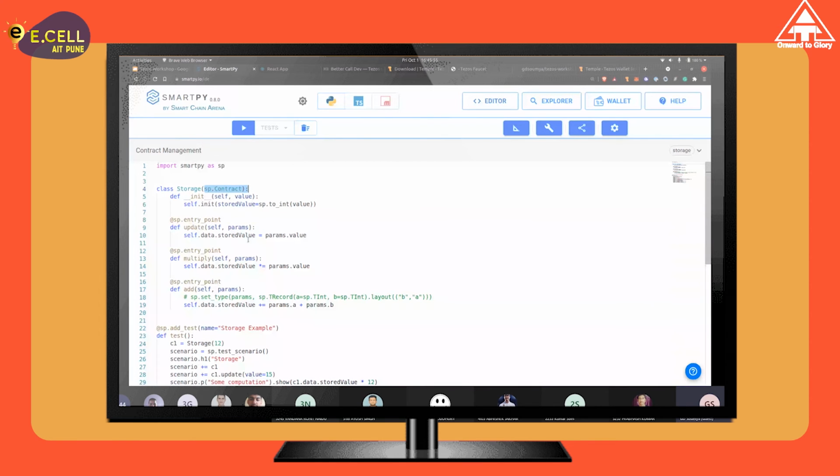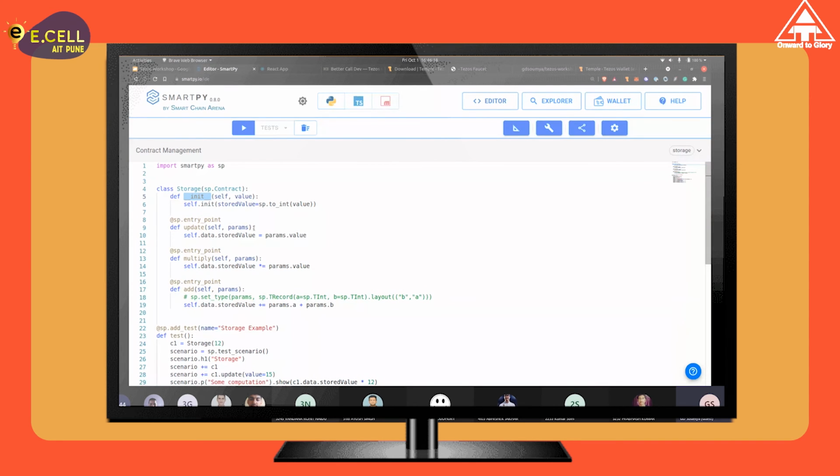Cool. Then, if you have worked with Python, you probably know the init constructor that we have. In the case of a smart contract class, in the initialization of the constructor function, we are defining the storage of the contract.